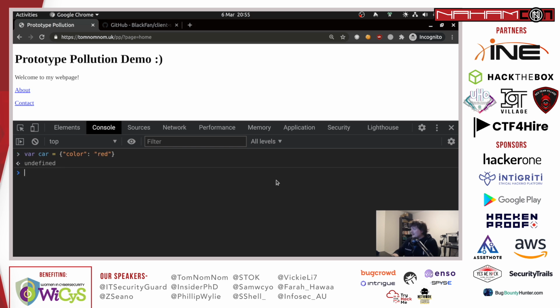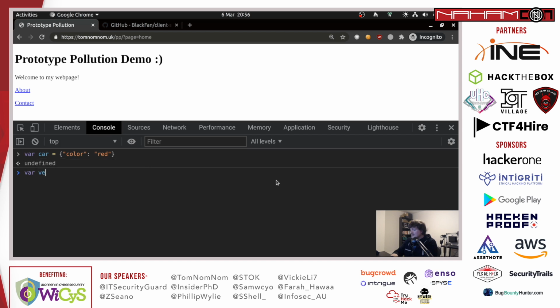So we have a car that is red. Fairly simple. And in some languages you get what's called classical inheritance, where one class can inherit from another and gets to access its properties and that sort of thing. JavaScript doesn't have classical inheritance, but it does have something called prototypal inheritance. And to show you what that is, we might say our car wants to inherit from some kind of vehicle